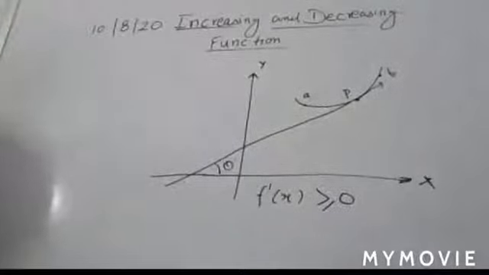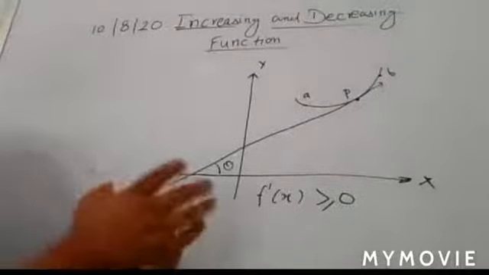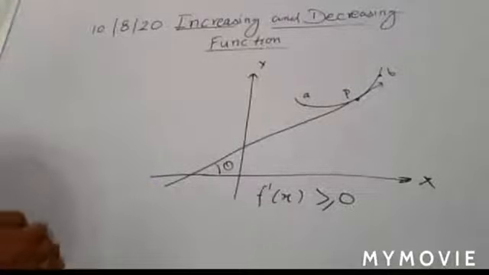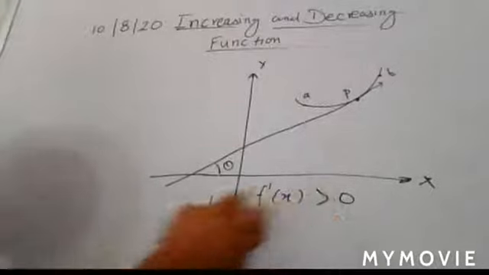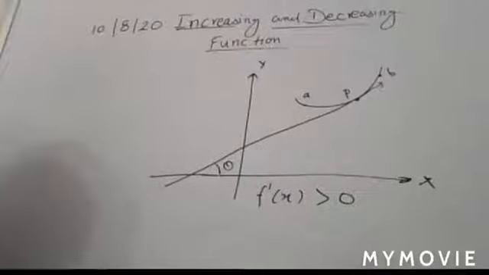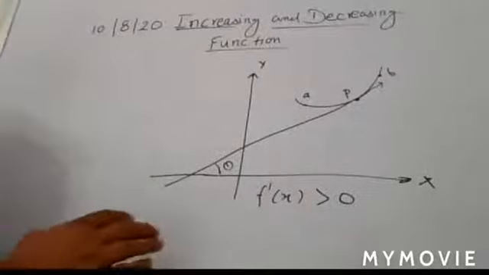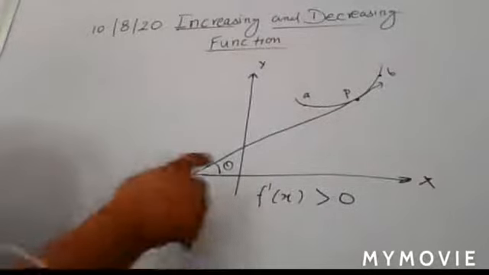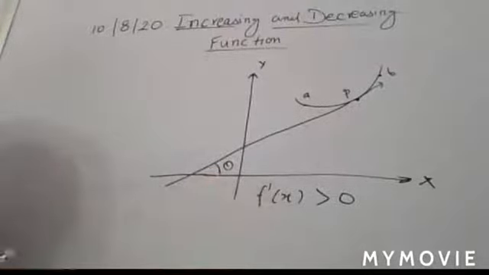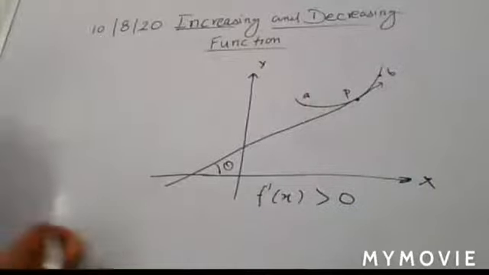So greater or equal to 0 in case of an increasing function. So that will be your condition. It means if you have a strictly increasing function, then it is only greater than 0. But if you have an increasing function, in that case the value should be greater or equal to 0. So here you write some points regarding that.